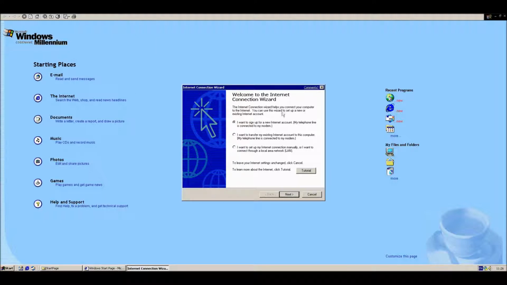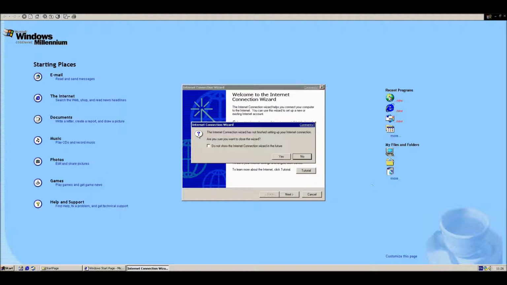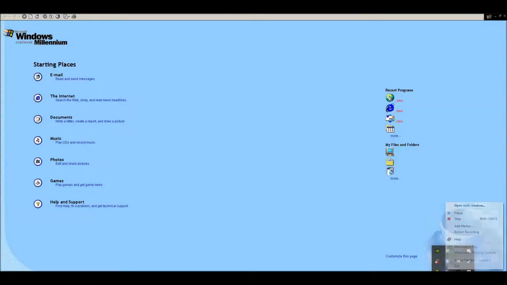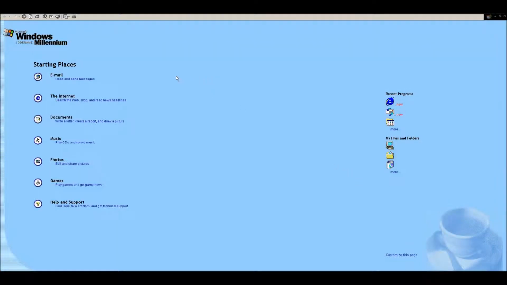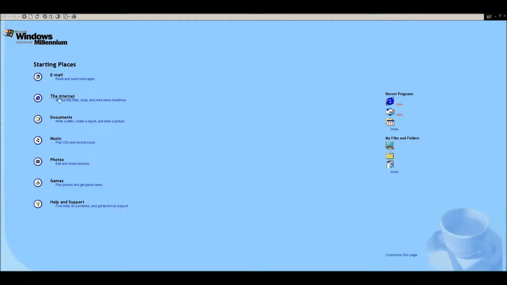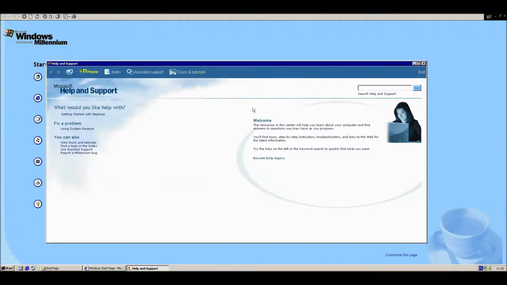So the first thing that we can see here is that it wants me to connect to the internet on this VM. So if I close that, and one moment, I'll just quickly connect the VM to the internet. Okay, so it doesn't want to connect to the internet. So we can have a look around though. I mean, email connects to the dreaded Outlook Express. Internet Explorer connects to, well, Internet Explorer naturally. I'm not sure if that goes to your default browser though, or whether it just goes to IE. And documents, it goes curiously to WordPad. I thought that would go somewhere else, but now I see what they mean about write a letter, create a report and all that. Music doesn't work, photos doesn't work, games doesn't work,